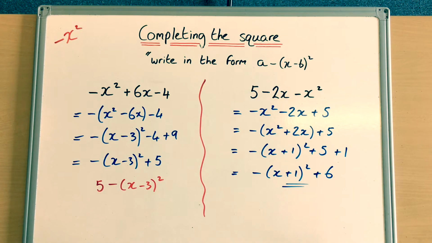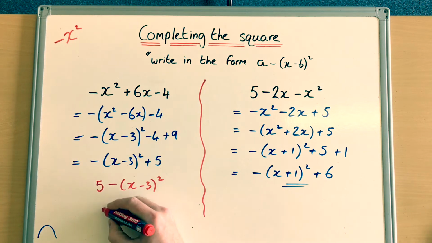Complete my square. Final thing to mention of that is, again, the idea of the minimum turning point. Well, hang on a second, these are minus x squared functions. So these are actually going to make an N shape. So they're not going to have a bottom of a valley, a minimum, they're going to have a kind of top of a hill, a maximum. So what are those maximums? Well,